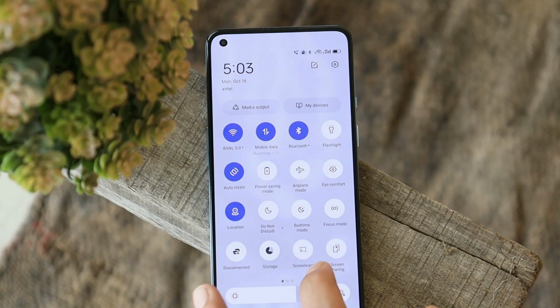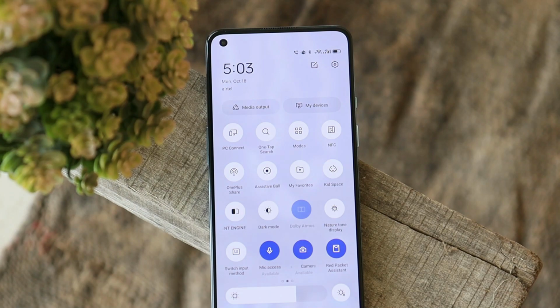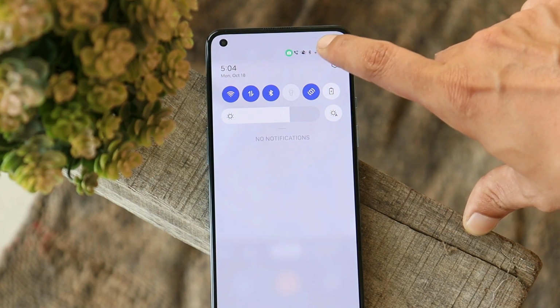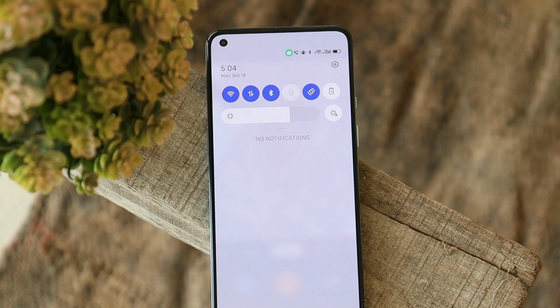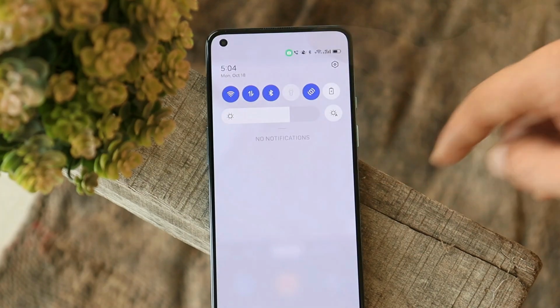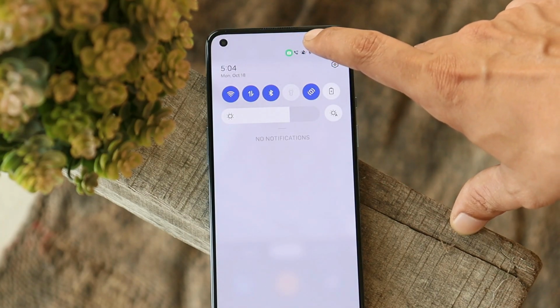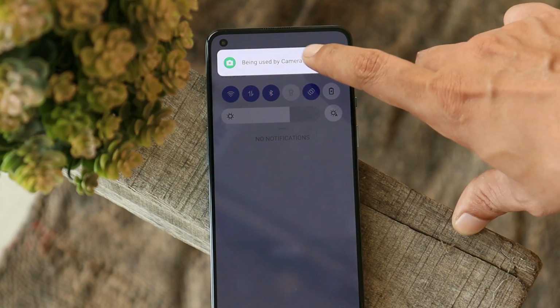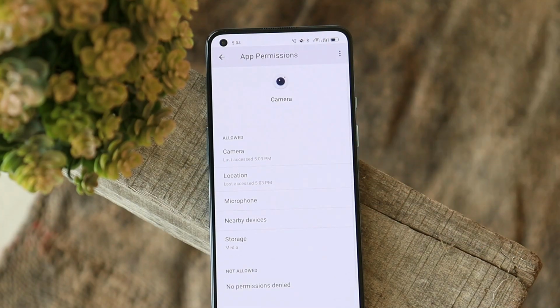In the quick setting panel itself, now we have the options to completely turn off the permissions of camera and microphone. So here we have quick setting tiles which can help you completely turn off the access to camera and microphone. Also, if camera or microphone is being accessed by any third-party application in the background, you will see this notification in the notification bar, or you can also see that in the status bar. In the status bar, it appears as a small dot, but if you swipe down the notification panel, you can see the icon of camera or microphone depending on what's being used in the background. And you can just tap on this icon, you'll see a new pop-up. Tapping on it, you can change the permissions of the camera application.